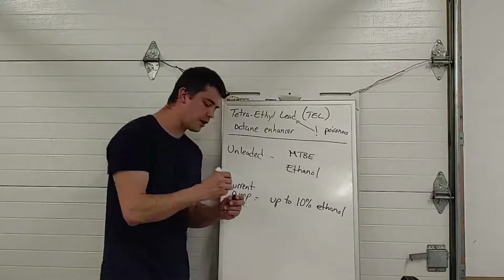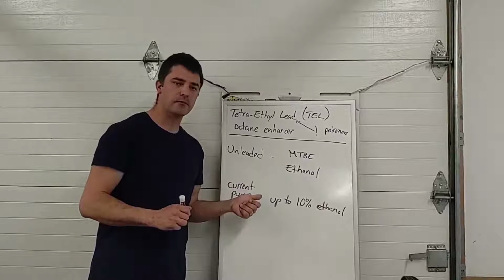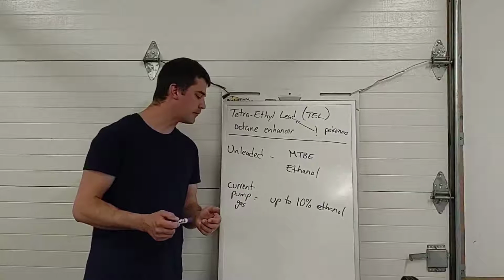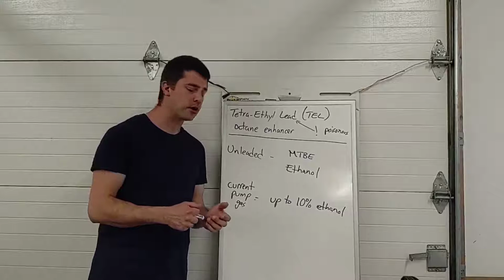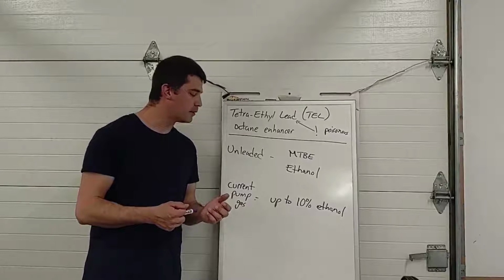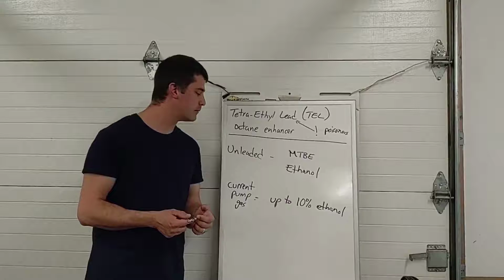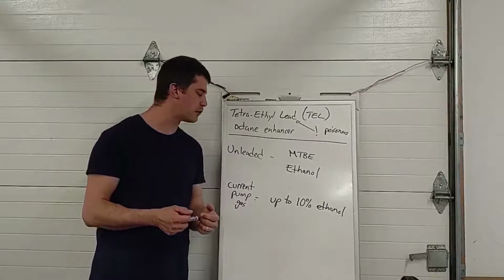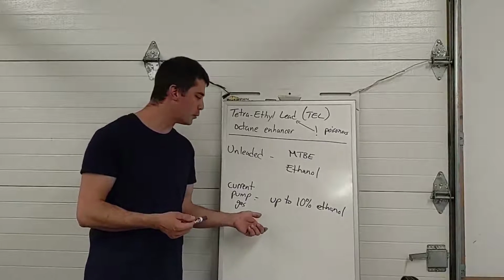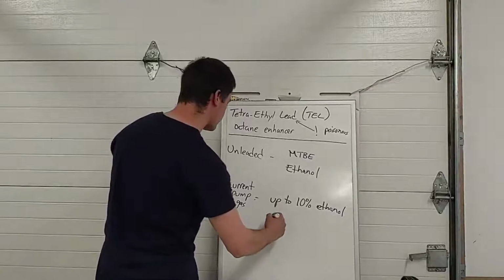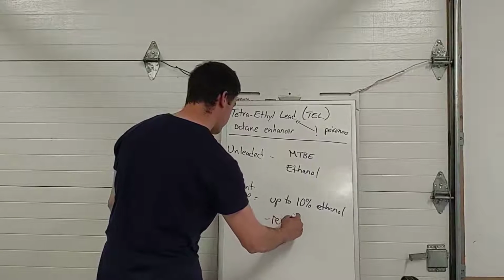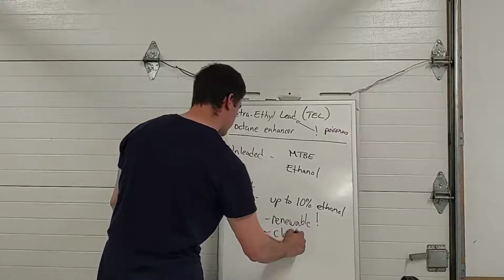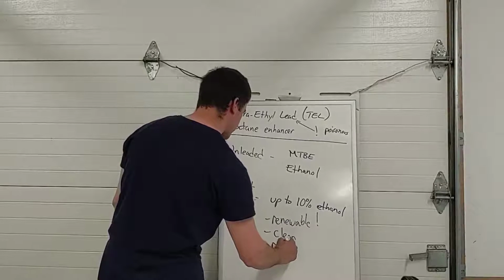So it raises the octane. In addition to that, it burns very cleanly. Ethanol burns clean, doesn't leave a whole lot of deposits in the engine. It is considered an oxygenate. It adds oxygen to the fuel, so it burns better. And it's renewable. It's relatively easy to make. So ethanol can be produced from distilling all kinds of different things, all kinds of different crops. Most of it in this country is made from corn, but we can produce it from a lot of different things, which makes it renewable. It's renewable, it's clean, it raises our octane,